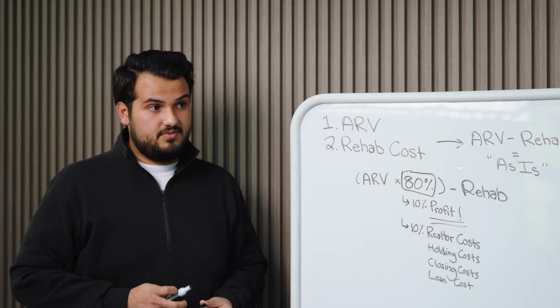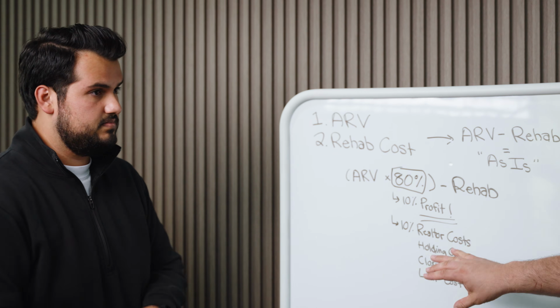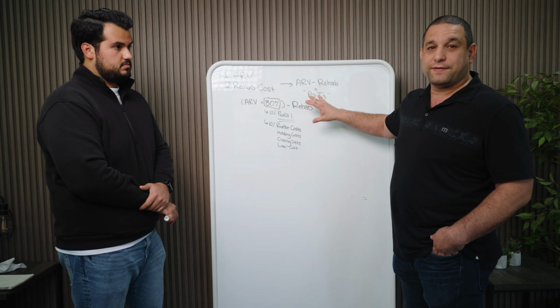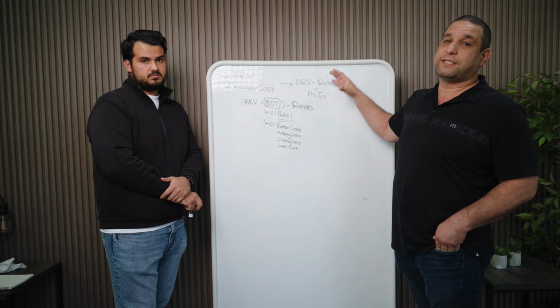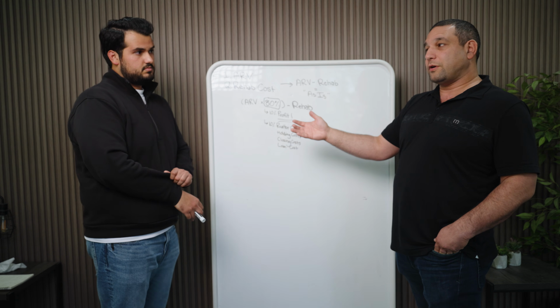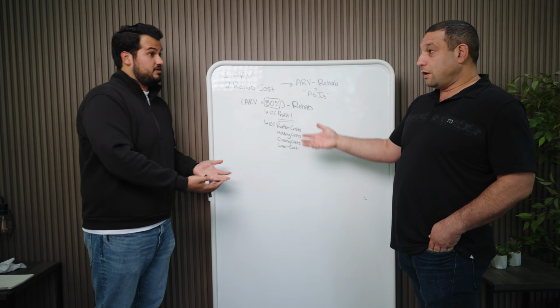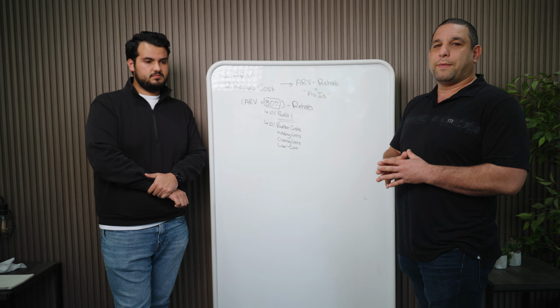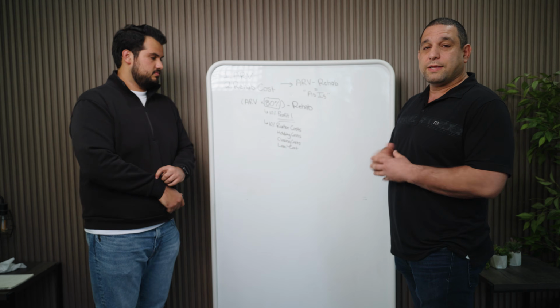The older the house too. So remember I said earlier that we might think it's going to cost $50,000, but we might make a mistake and it costs $60,000. Does that typically happen on newer homes? No, it usually happens on the older homes, because there are so many things that happen in older homes. There are so many crazy things that come up. So the older the home, you have to be a little bit safer.